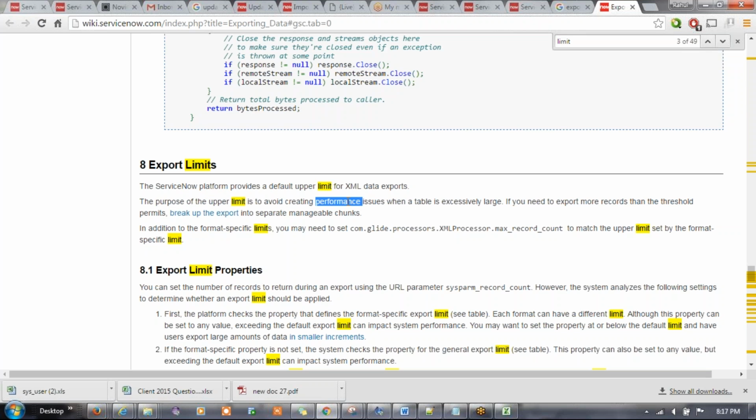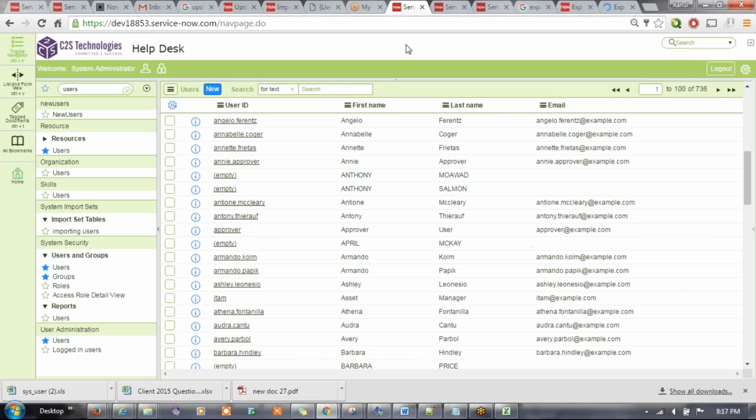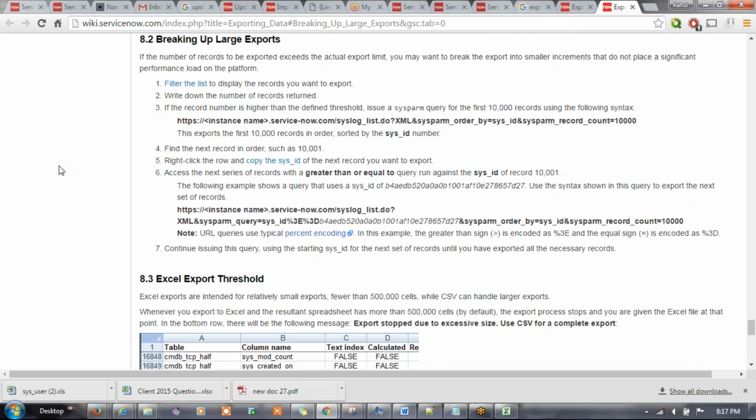If you import 20 to 30,000 at a straight go, or if you export 20 to 30,000 records at a straight go, there will be some performance issues because you are exporting or importing a large amount of data, right? So you'll always have some performance issues, and the table is excessively large. So if you need to export more records than the threshold, break up the export into separate ones. So this is how you break up. If you have like 30,000 records over here,